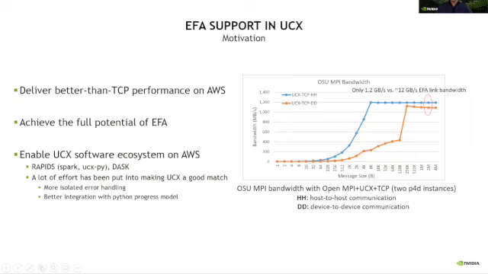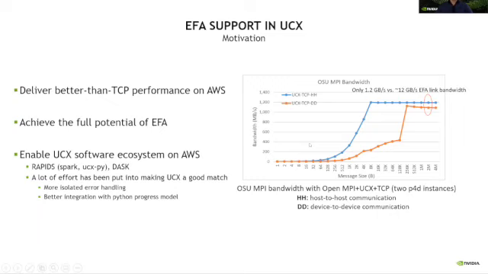And here in this chart on the right side, I'm showing the OSU MPI bandwidths between 2 P4D instances when we use OpenMPI plus UCX over TCP for both host-to-host and device-to-device communications. As we can see, we can only achieve about 1.2 gigabytes per second bandwidth, which is almost 1/10 of the actual EFA link bandwidth, which is about 12 gigabytes per second. So in order to achieve the full potential of EFA, we really need to support EFA and its corresponding transports